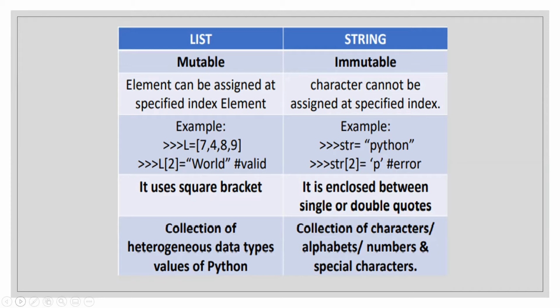The second difference is that elements can be assigned at a specific index in lists, whereas in strings, a specific index cannot be assigned to characters. We can use indexing for calling an element in a string, but in a list, we can call an element as well as change an element, by using indexing. For example, over here,